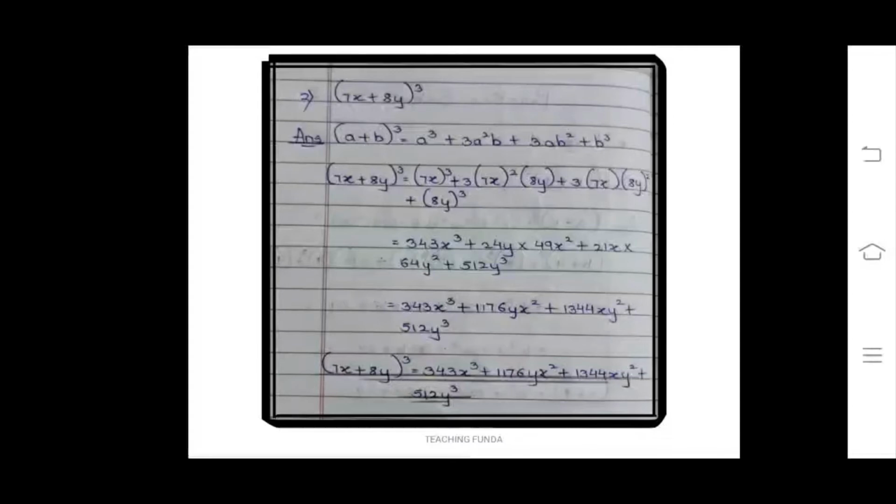7x cube. Students are getting confused here. Students are doing the cube of x only. They are not doing the cube of 7. Means you have to do the cube of both the terms, both the 7 and x both. 7 cube is 343 x cube plus